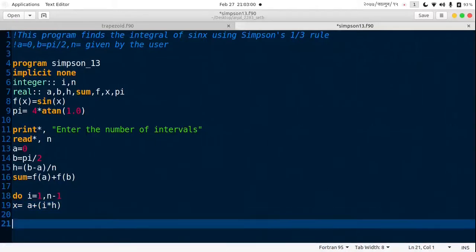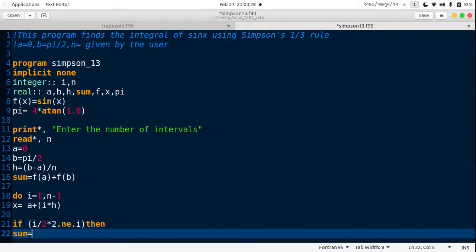If we set a condition, if I by 2 star 2 not equal to I, then sum is equal to sum plus 4 star f of x,